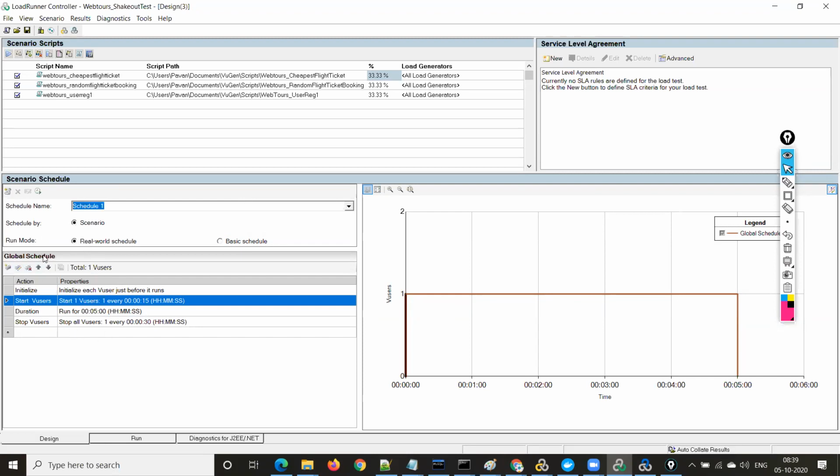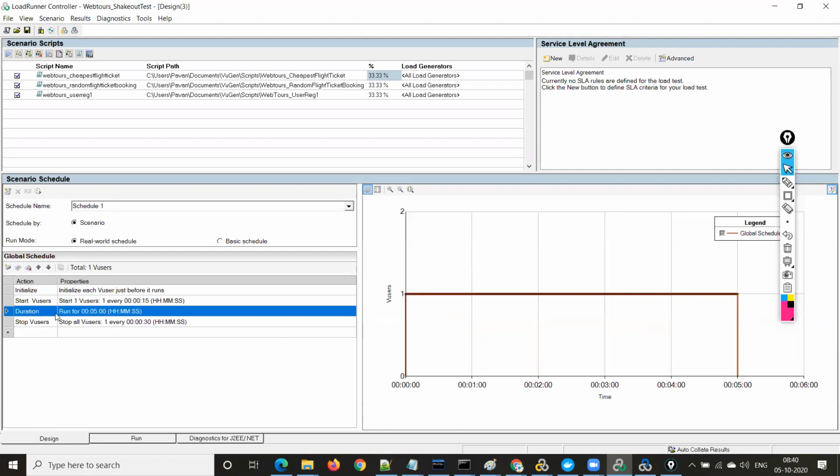And apart from this, you have something called global schedule, right? Total is 1 V user, and you have some numbers here: initialize, start V users, duration, stop users, etc. And there is also a diagrammatic representation of V users over here, right?